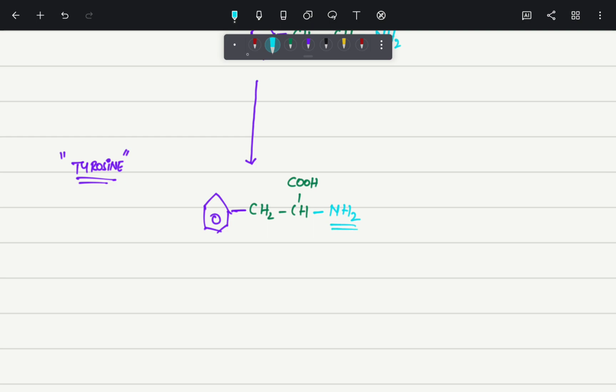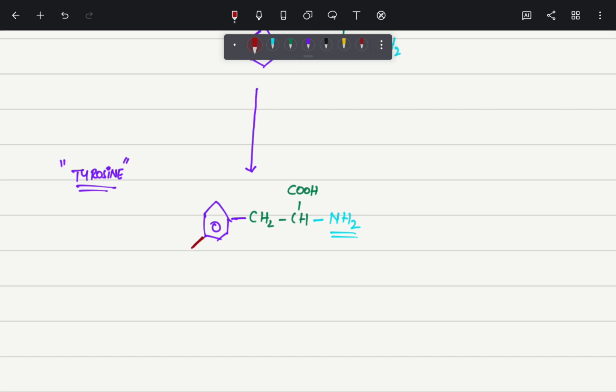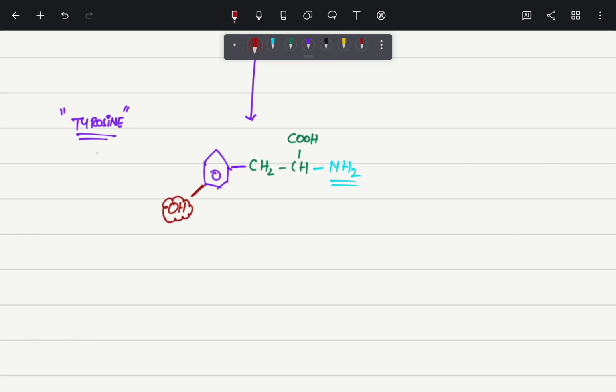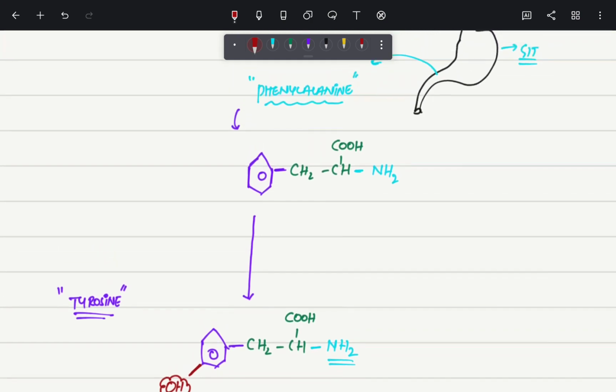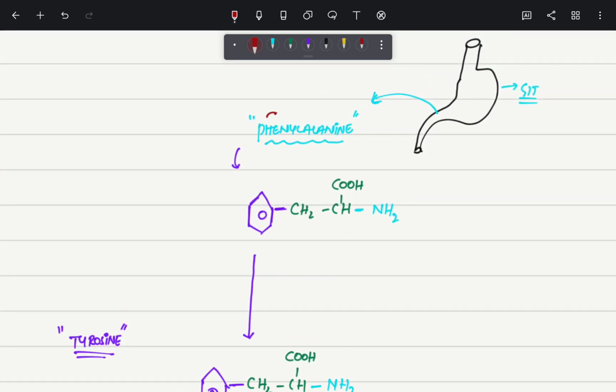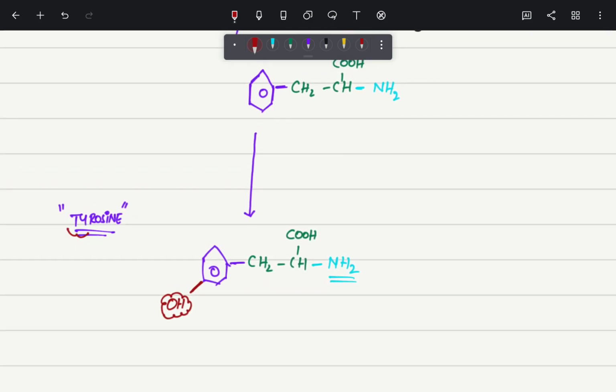Now the only difference here is that at carbon number 4, as you can see here, there will be a hydroxylation present. In tyrosine there will be a hydroxylation at carbon number 4. Now what is the enzyme that is going to convert the phenylalanine into tyrosine? The enzyme which is converting the phenylalanine into tyrosine is called